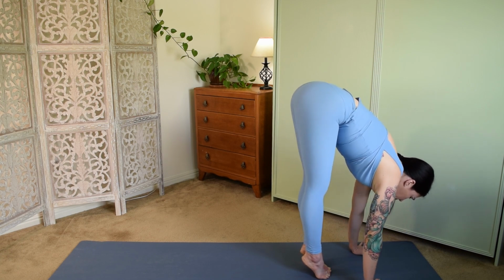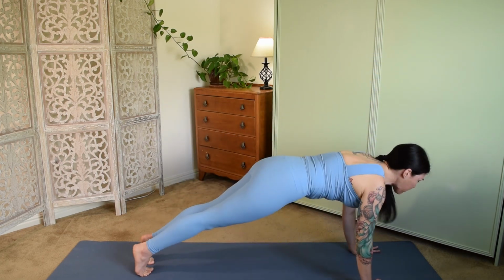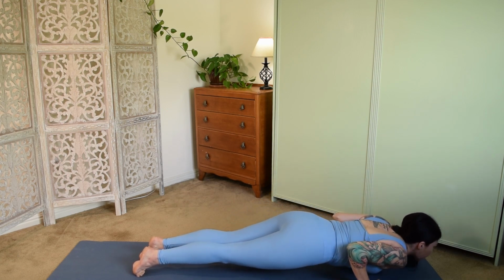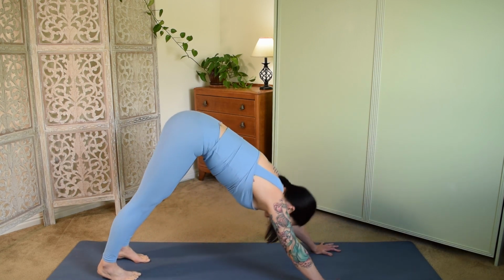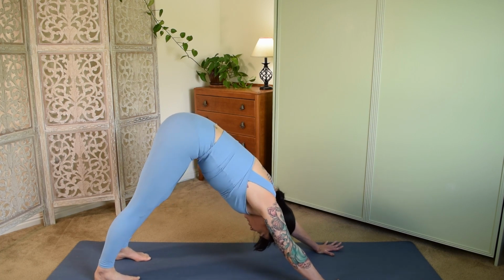As you work your way, we're just going to perhaps hop, and then exhale, slowly lower. You can do knees, chest, chin, or chaturanga push-up. And then inhale, upward facing dog. Exhale, we're going to move our hands back to downward facing dog, bringing the heels toward the mat, really pressing